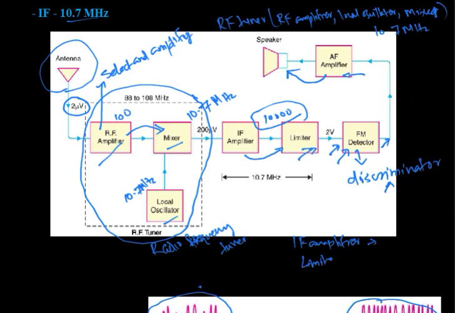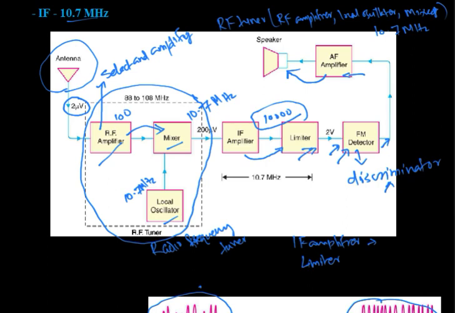This limiter circuit limits the AM fluctuations in the circuit. The noises in the circuit are usually in the form of amplitude modulations, and these amplitude modulations are eliminated by the limiter circuit. So the noises in the FM receiver are eliminated by the limiter circuit. Such a circuit is absent in the AM, so the AM transmission is usually noisy, but in the case of FM we will have noiseless transmission.